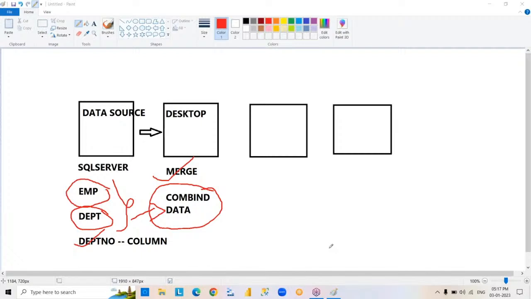We are going to minimize the number of tables from 2 to 1. 2 to 1 only. Please check it. So now, after finishing this merge transformation,